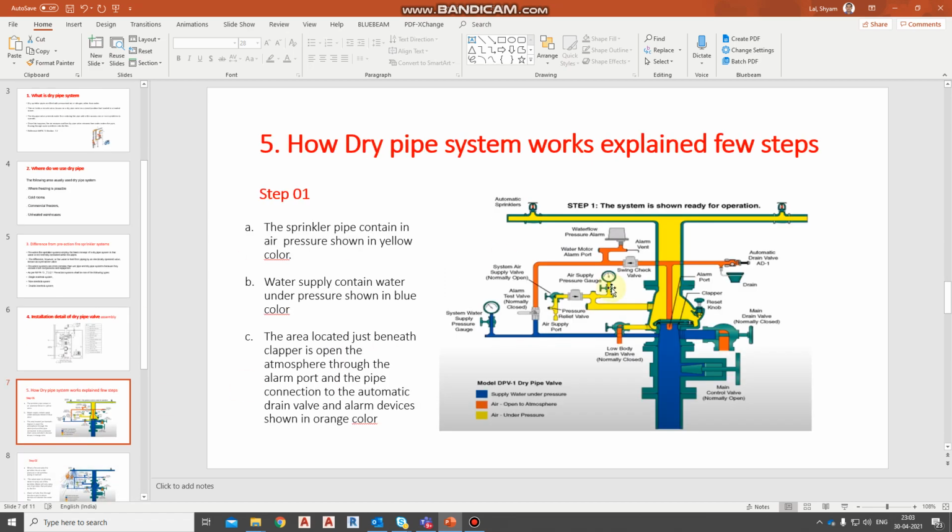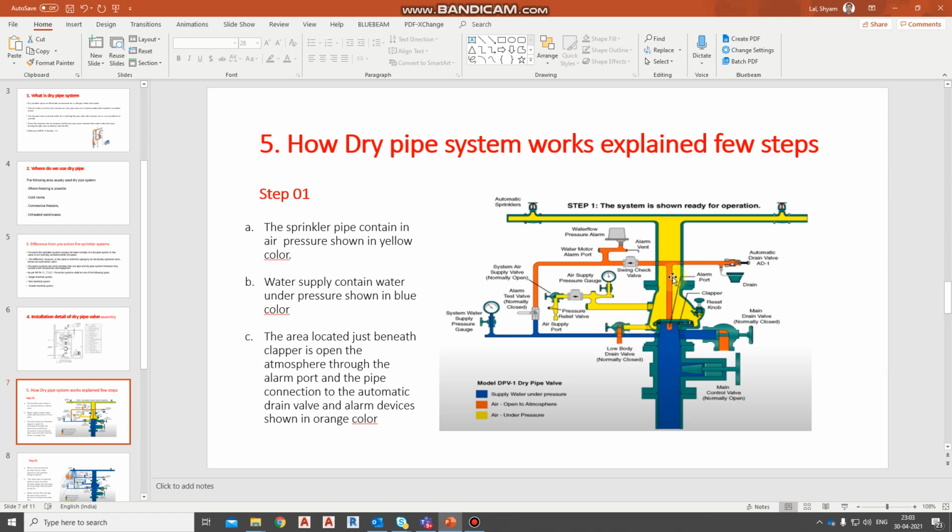Now we come to the next slide, the fifth: how the dry pipe system works, which I explained in a few steps. Step 1: the sprinkler pipe contains air under pressure, shown in yellow color, and here the water pipe contains water, shown in blue color.